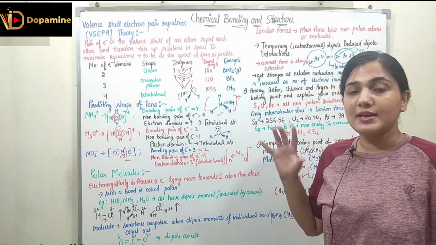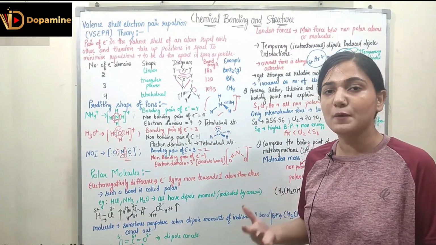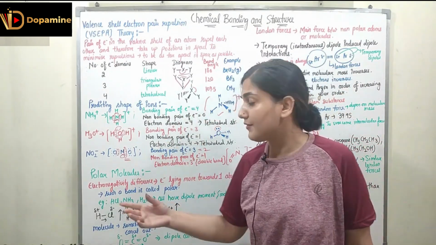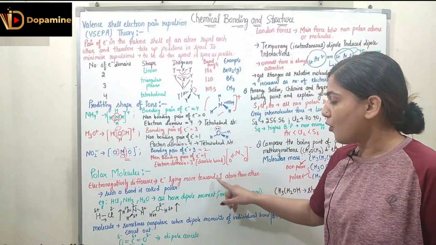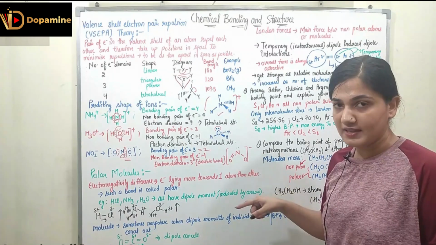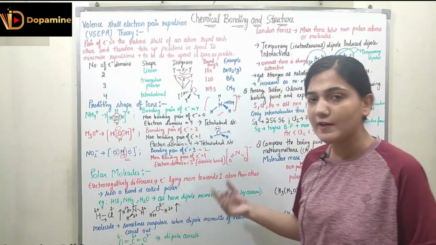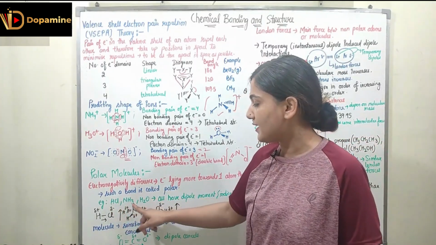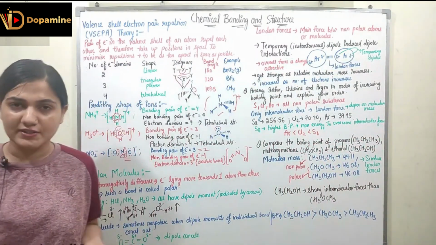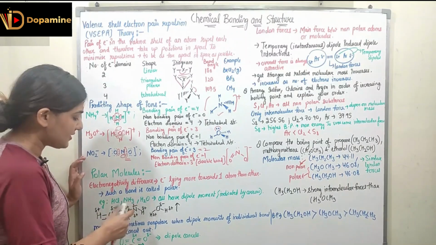Coming to polar molecules. What are polar molecules? It depends upon the electronegativity difference. Whenever there is an electronegativity difference between the different atoms of a molecule, the electrons lie more towards one atom than the other. If one atom is more electronegative than the other, electrons will move towards the more electronegative atom. Such a bond is called a polar bond, right? For example, we have HCl and H2O. All of them have a dipole moment because a small positive charge and a small negative charge are induced, due to which there is an overall dipole moment. It is indicated by arrows.